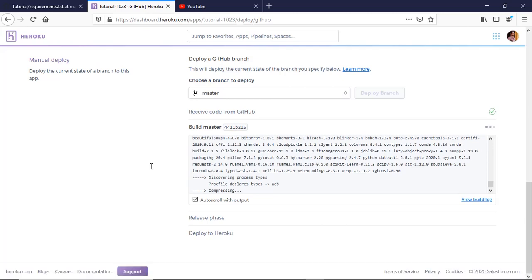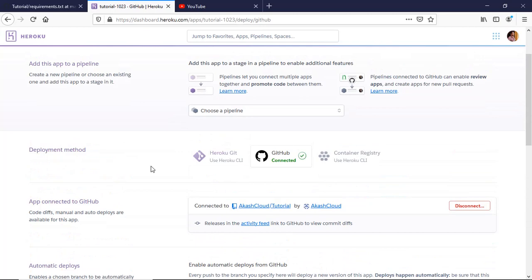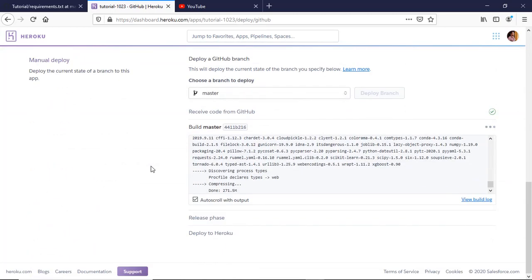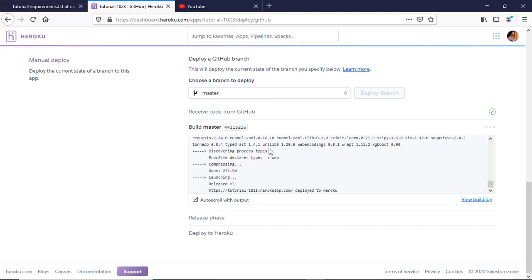So yeah, it will take some time, and it will take a very small amount of time, because our application is very small. If our application is too big, it will take more time. So now as you can see here, our application is deployed in Heroku, and this is our link.